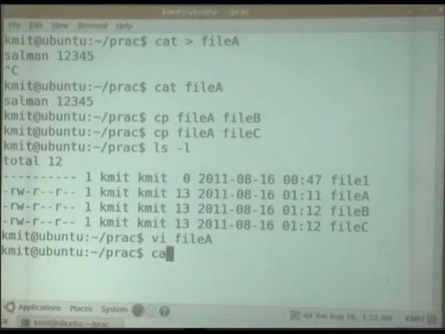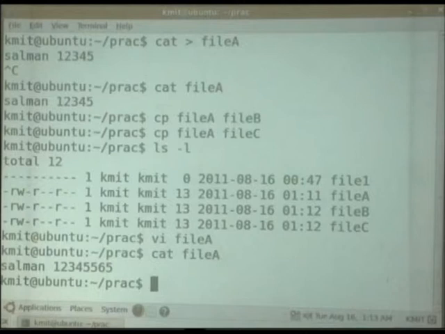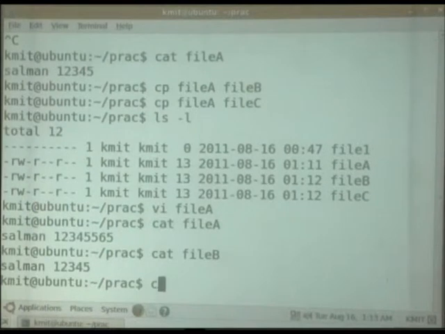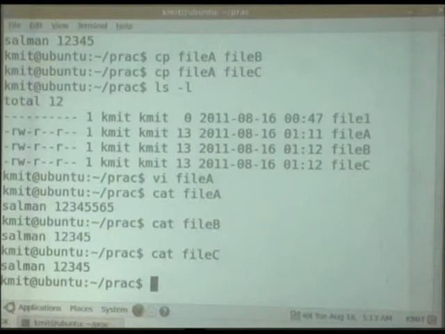Now when I see cat file A, I am able to see that reflection, but when I see cat file B, I don't see that reflection. Cat file C, the reflection is not there. Why? Because they are actually copies. It means file A is physically copied into another place, and when I do a modification at one place, the modification will not be reflected.